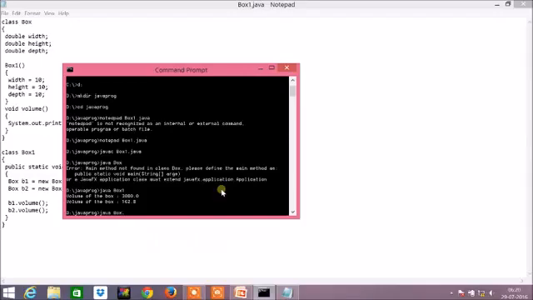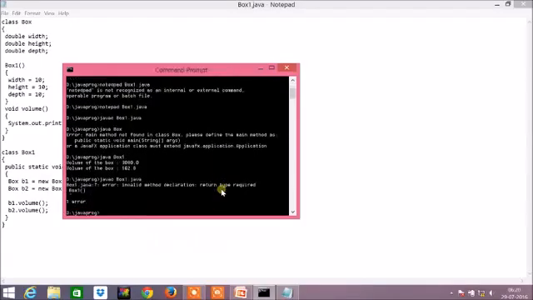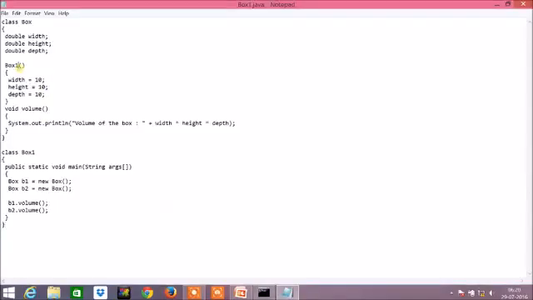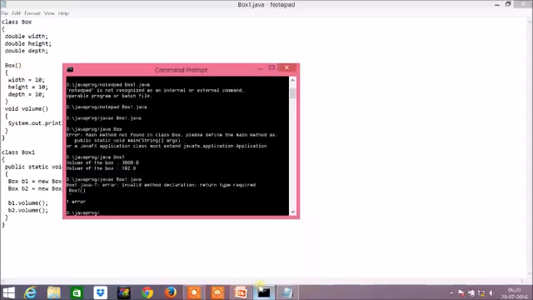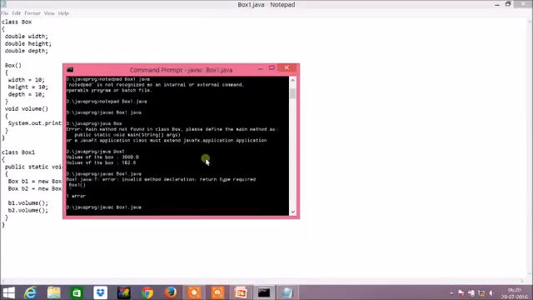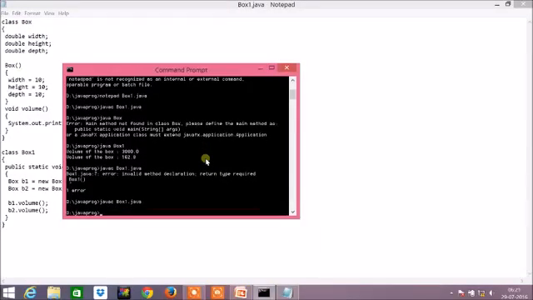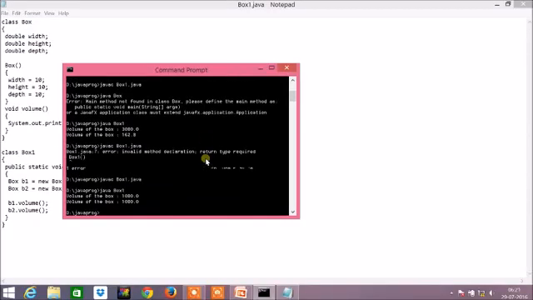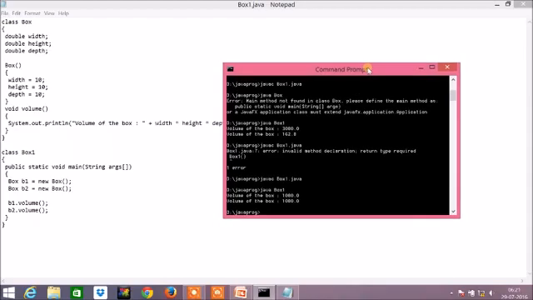I will compile it right now. So that's one error. Invalid method declaration, return type required. I'm sorry, the name of the class is box. So save the program. Yes, there are no errors, so I'll compile it. Oops, one. Yes, so we've seen here that